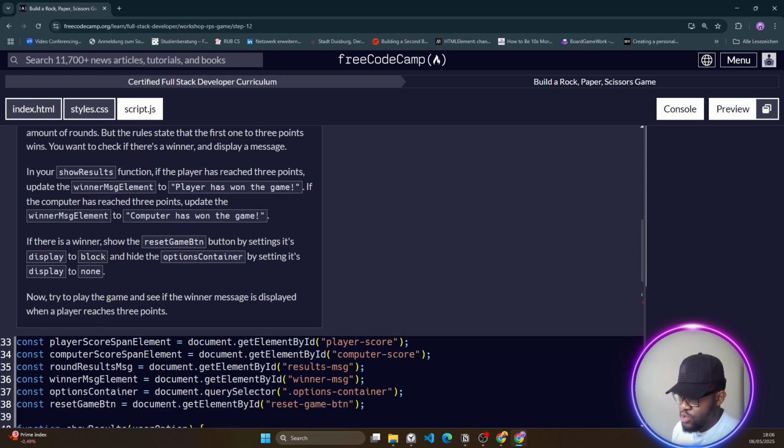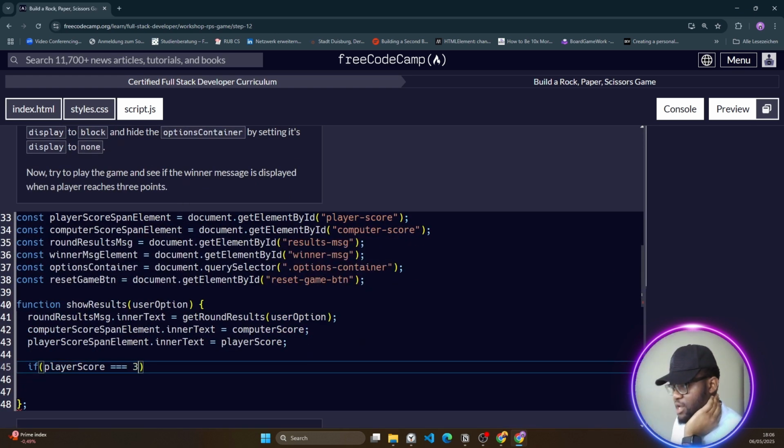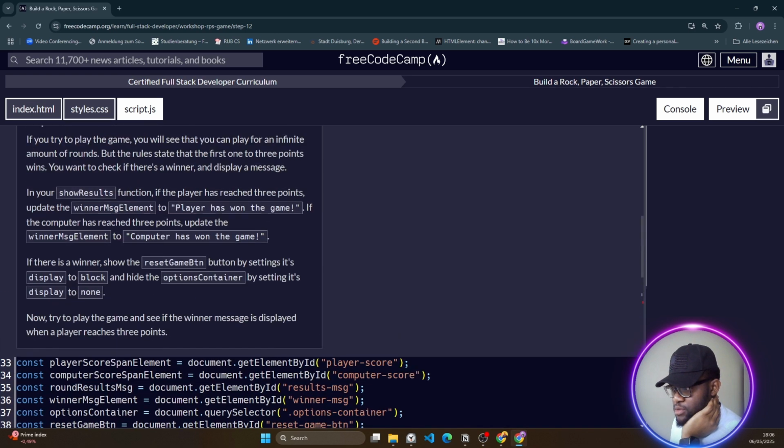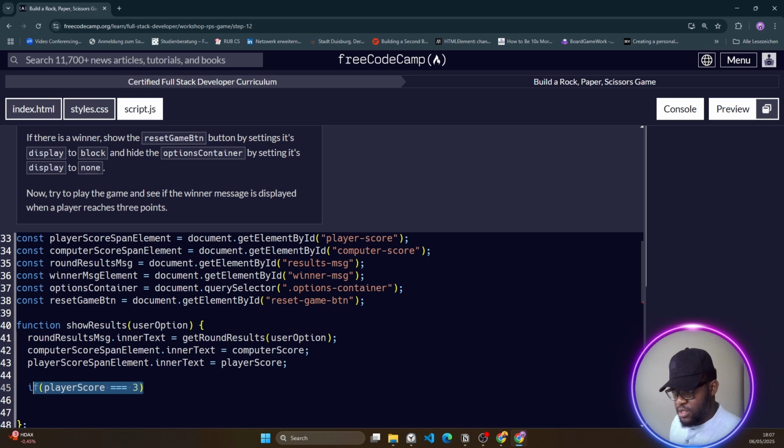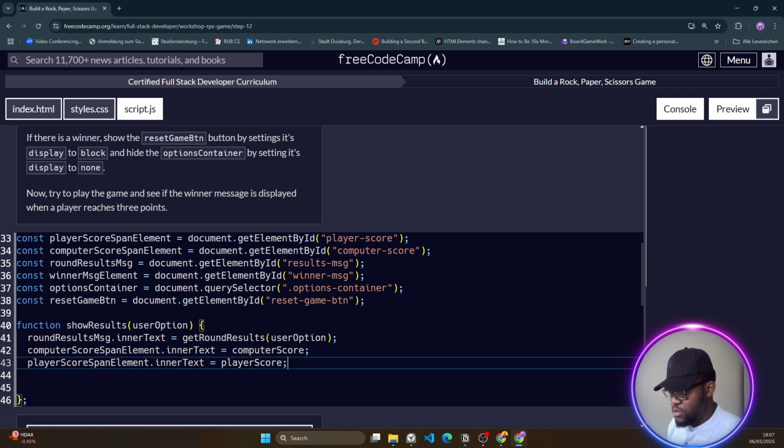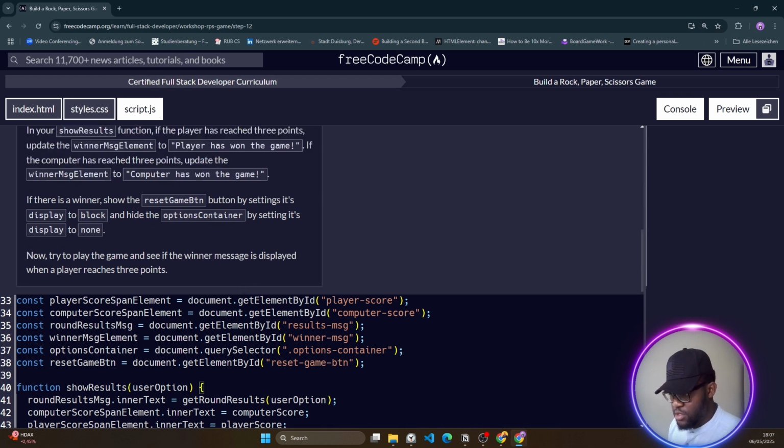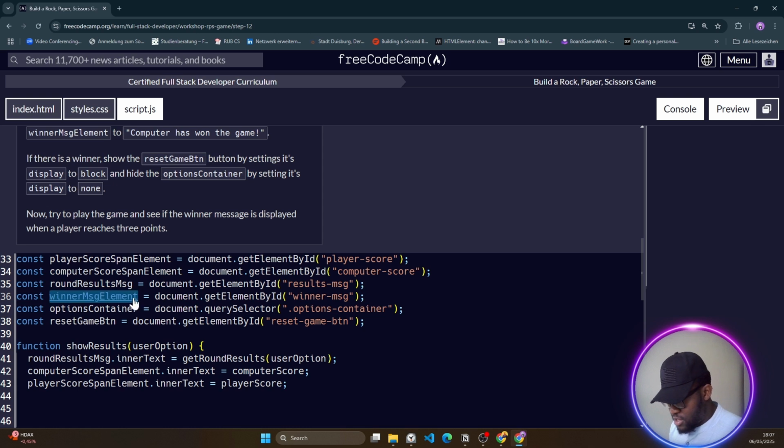If there is a winner, show the reset button. So I'm not getting it right. So this guy is supposed to, yes, computer score update. Okay, I understand. Okay, I see. Yeah, I can use the ternary operator. So winner message, where is it? Here it is, winner message. So paste on the inner text, which is equal to, so